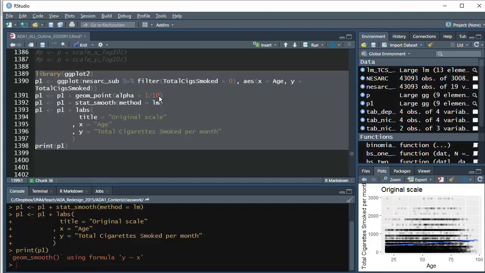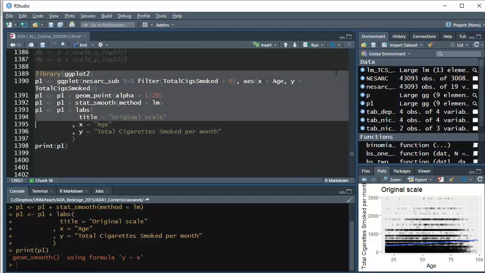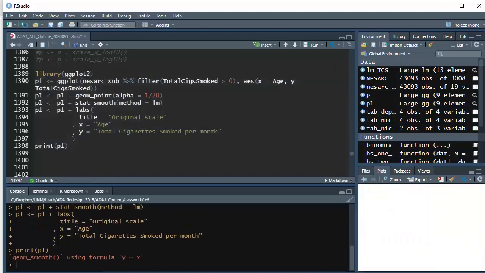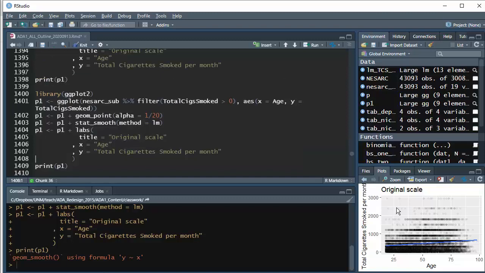I'm going to reduce the opacity even a little bit more. Okay, that's not an important detail. Let's go and start scaling the other axes. So I'm going to copy this plot. Okay, that looks pretty good. I don't know, those light points look a little too light now. I'm not going to worry about it too much. I can go back. All right, so my second plot, P2,